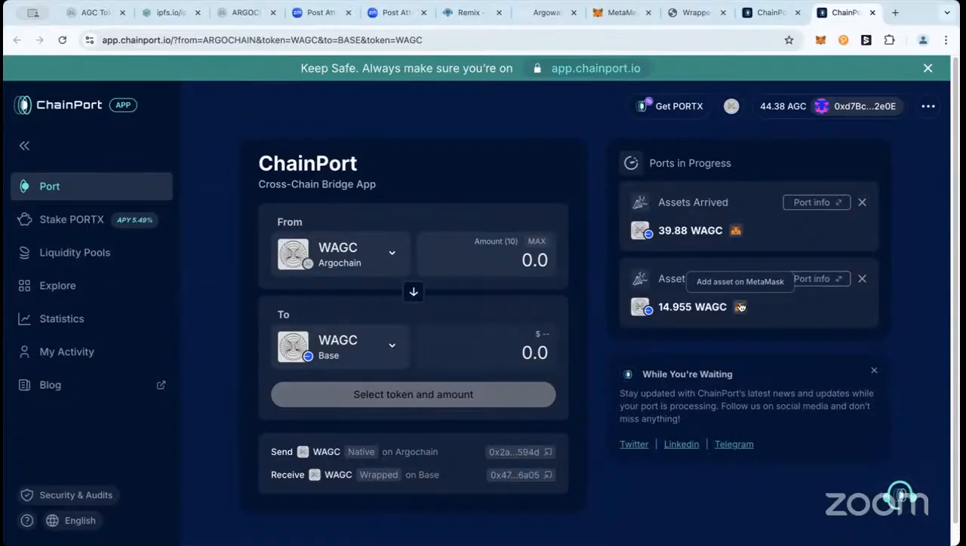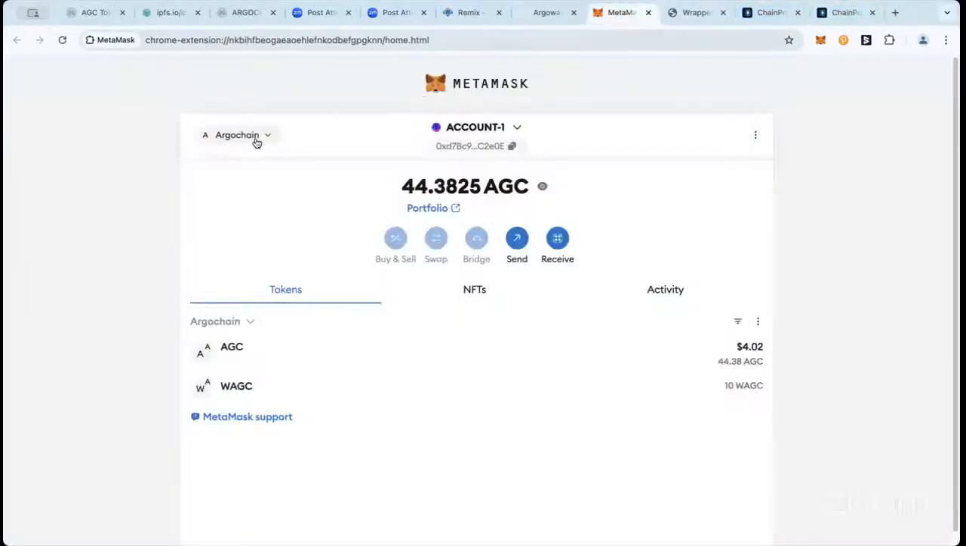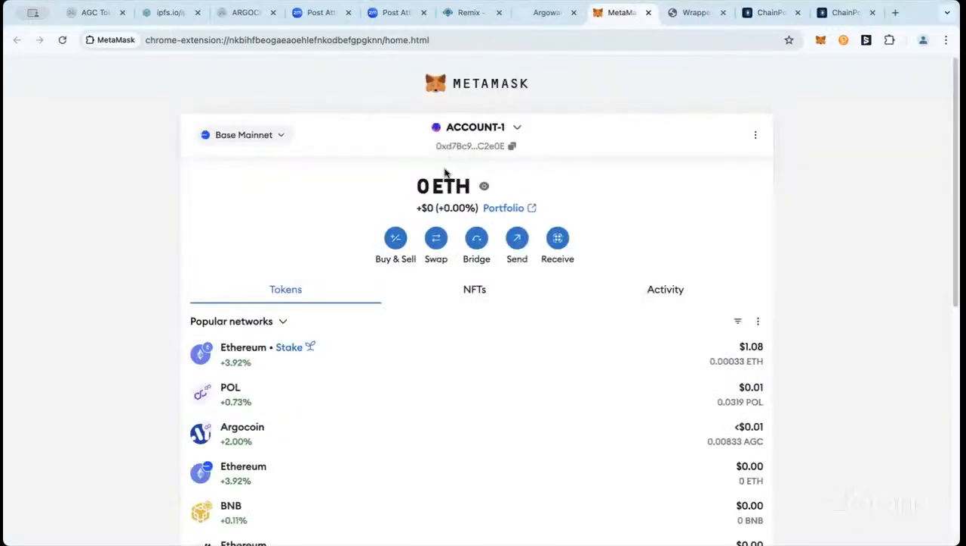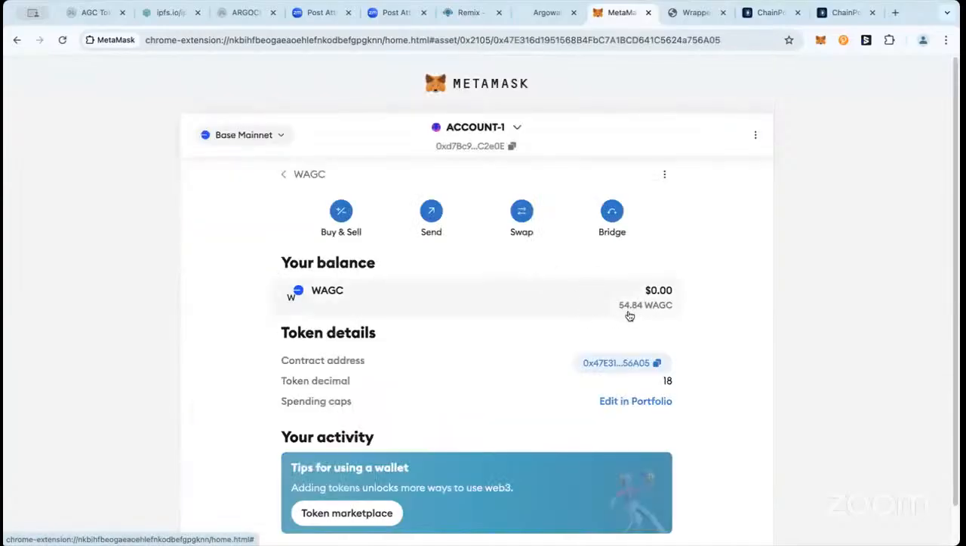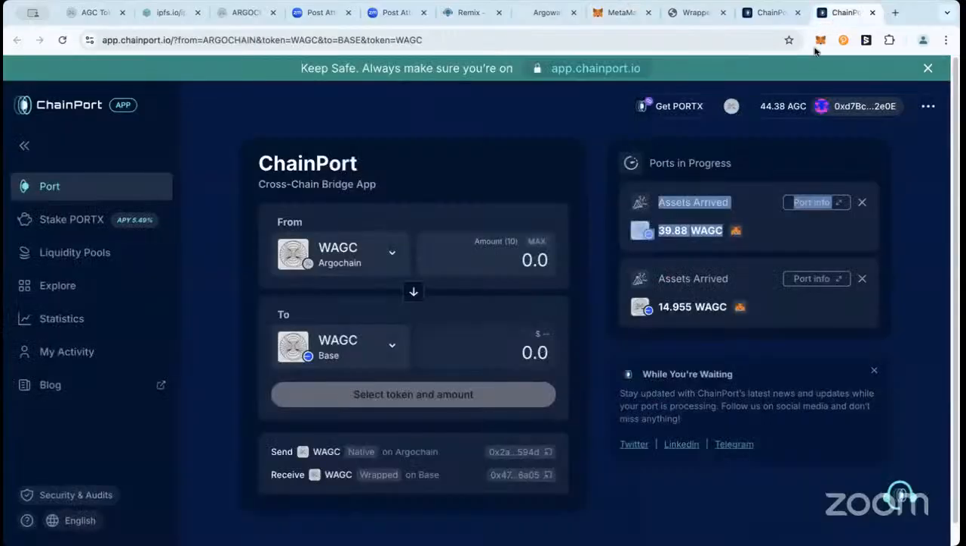You can go ahead and I can leave the questions for the end. Okay, so as you see, it says that the assets did arrive here on the Base network. If I go on MetaMask and go to the Base network, you'll see now I have 54, because I had 40 and I had 14 before. So now I have 54 wrapped Argo here that was successfully moved over to Base from ArgoChain using cross-chain technology